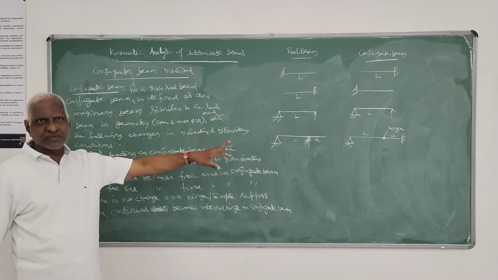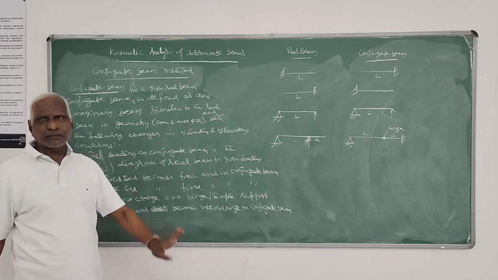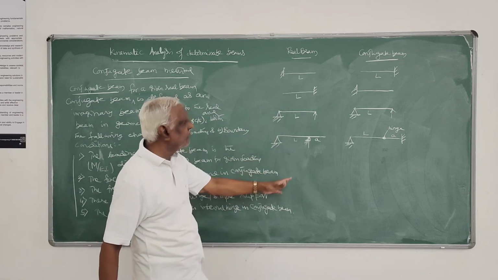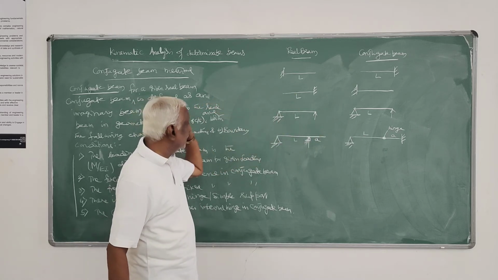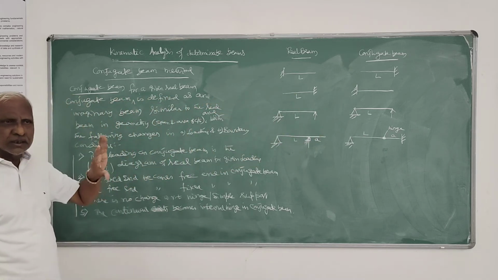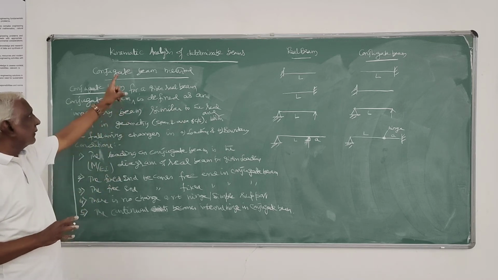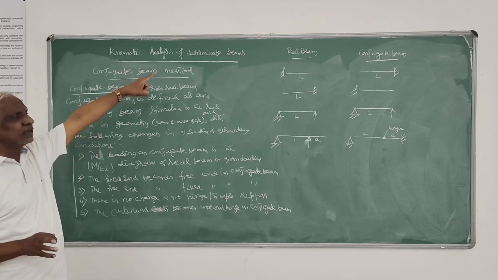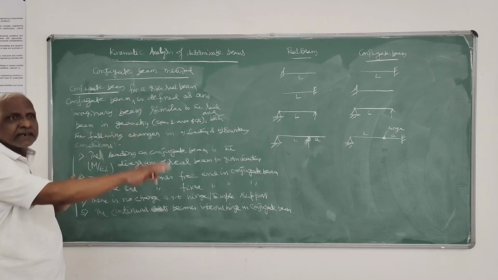For determinate beams, what you are going to get are cantilevers and simply supported beams. So the real beam is the given beam. How to write the corresponding conjugate beam? This property or this point you have to remember before working the problem, that is, before doing deflection analysis of determinate beams. And you should know the knowledge of bending moment diagrams.